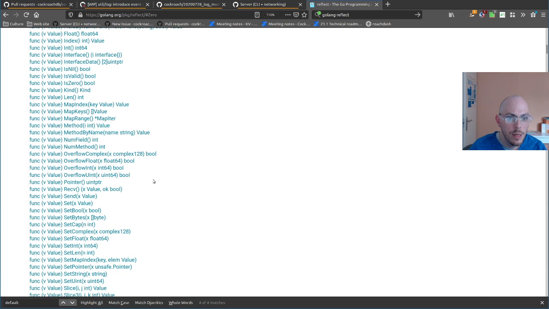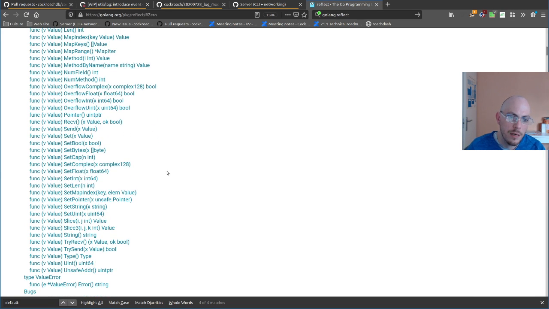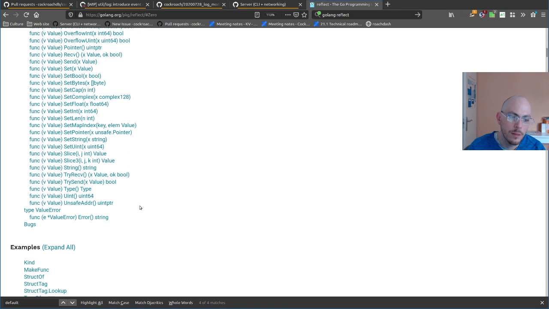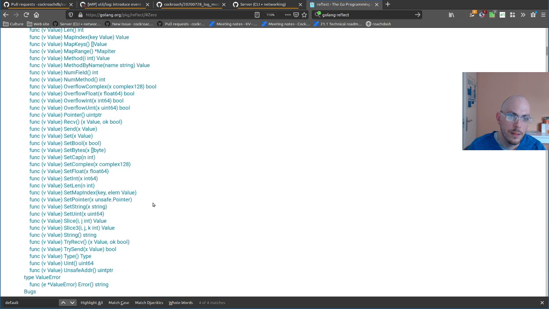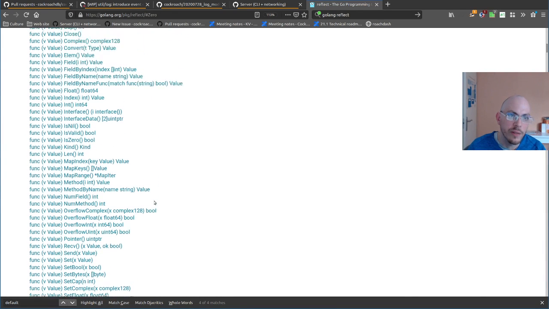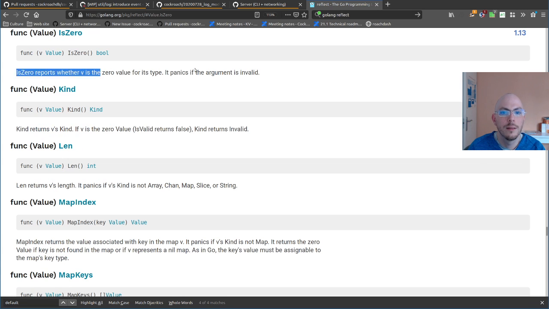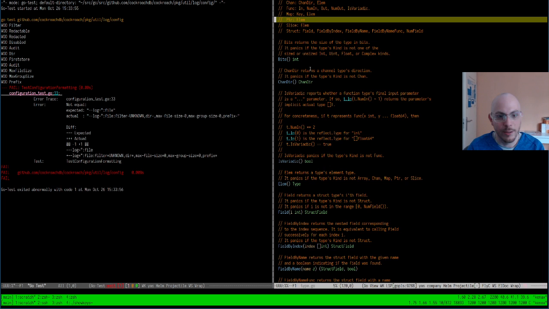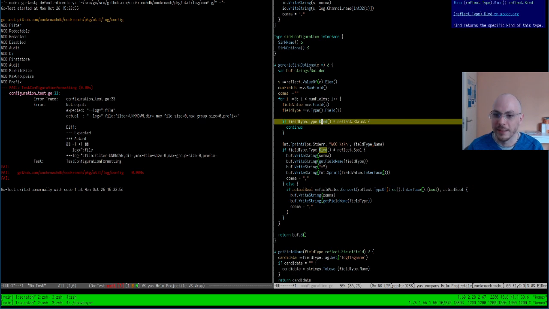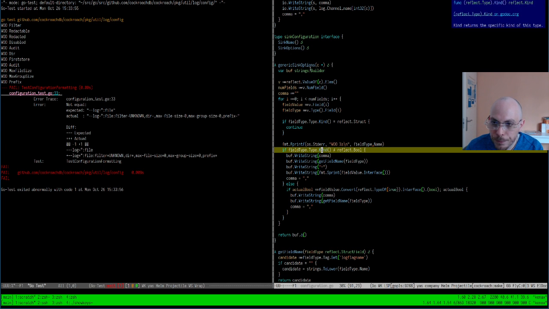I could do this by printing out the value into a string, and then comparing the strings, like the representation of the value. Oh, look at this, IsZero, that's even better. I don't even have to compare. That is so amazing.